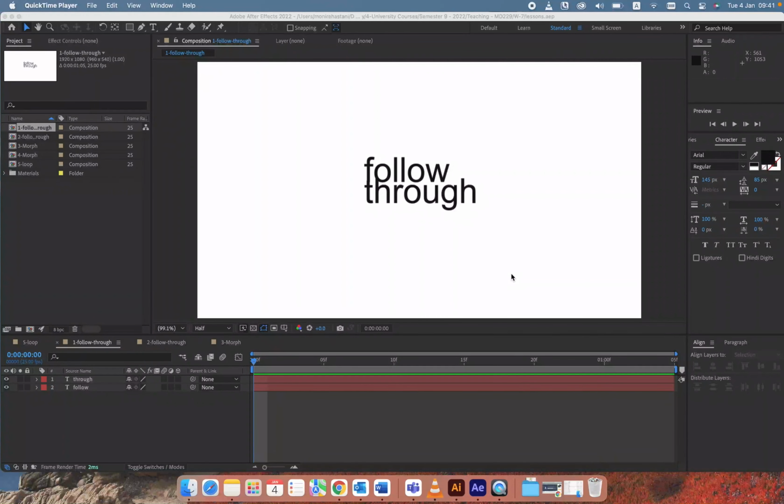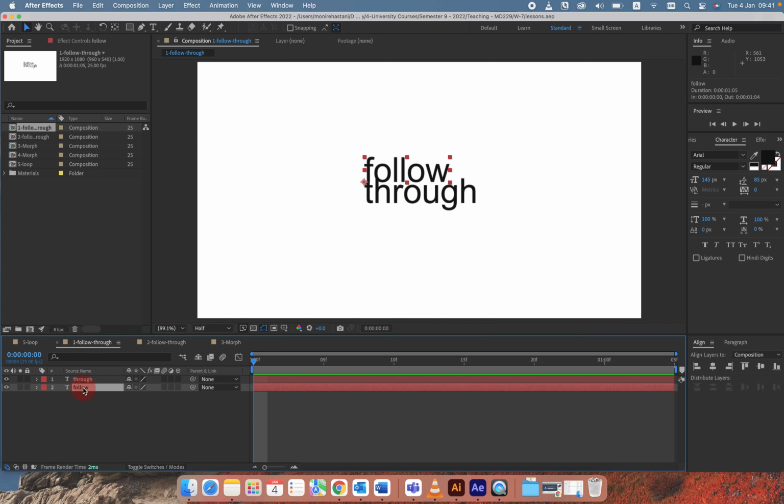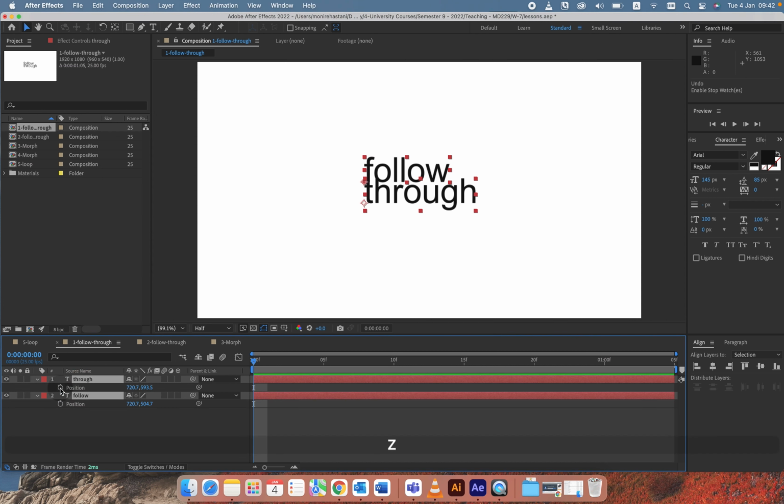Okay, let's start with how we can create follow-through in our motion design project, where we are working with more abstracted design elements such as text, icons, and shapes. It is pretty simple. Here I have, for example, two text layers. I start with putting my time slider a few frames ahead, creating the first keyframe,